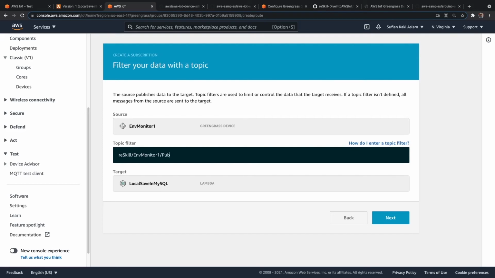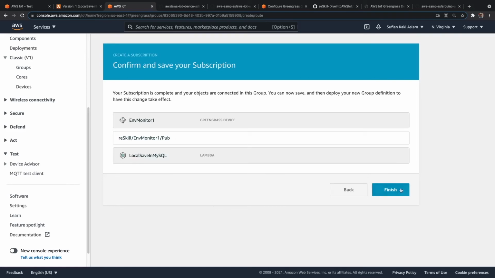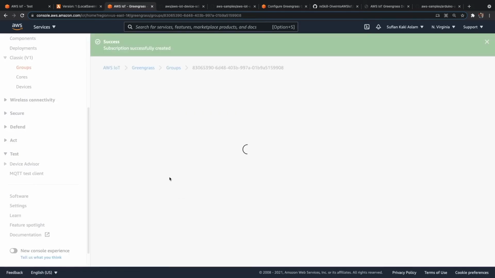If we want all the messages that are sent by this device to get saved, we can just put a hash, but I'll have this anyway. Click on next and then click on finish.